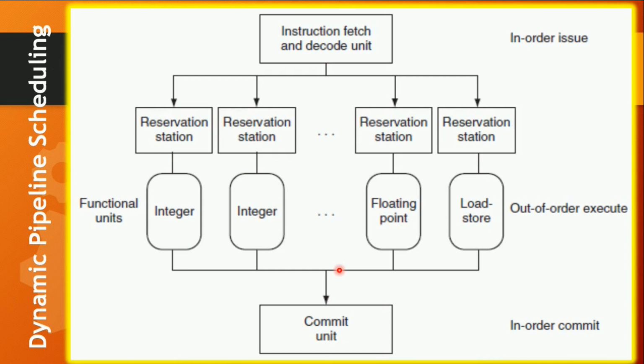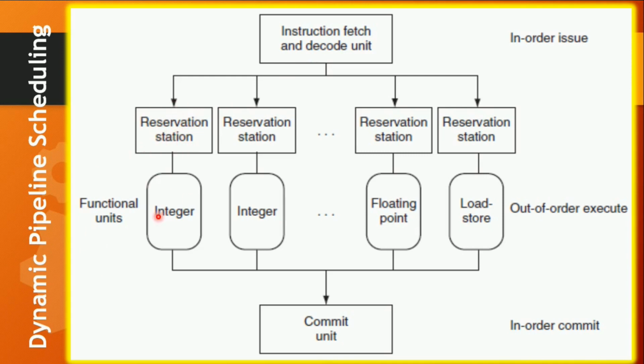In such a process, the pipeline is divided into three major units. First one is the instruction fetch and instruction issue unit. Second one is multiple functional units. Third one is the commit unit. The first unit is used to fetch the instructions in the same order given by the designer. That's why in-order issue is mentioned here. The first unit fetches the instructions in order and decodes them. The decoded operands as well as operations will be loaded into the reservation station.